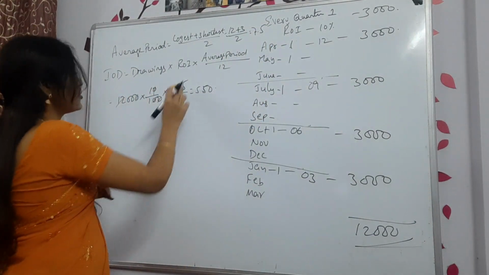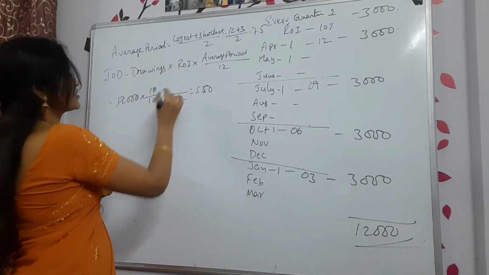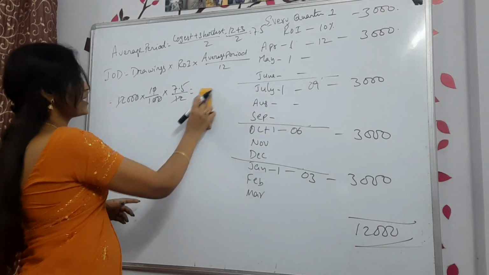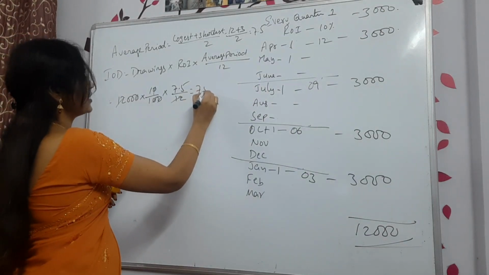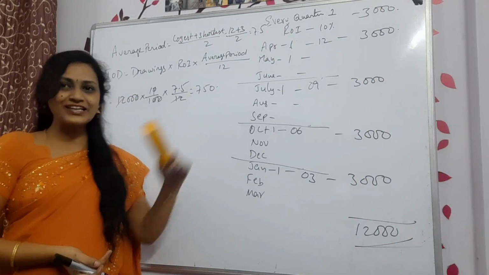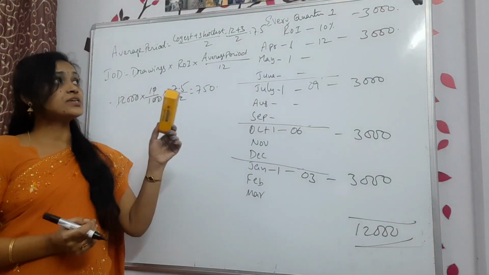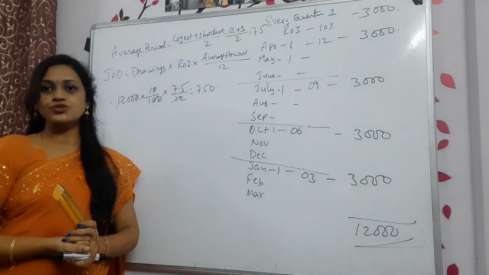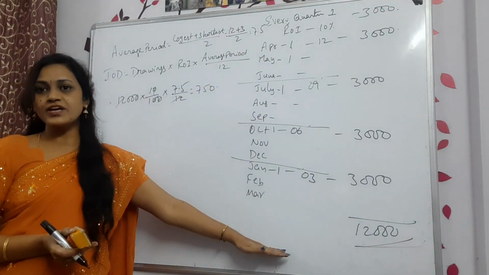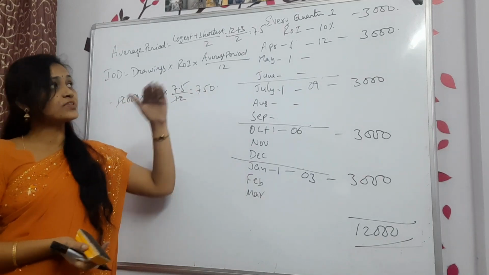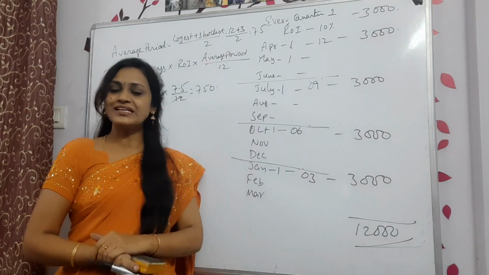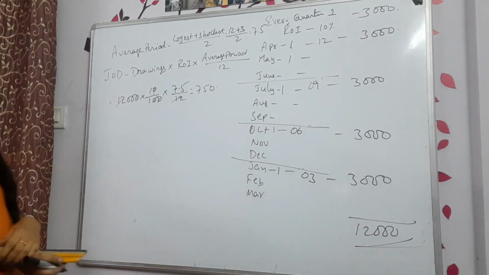So now here in the formula nothing will change, only this part will change, that is 7.5. Okay. When you calculate, how much you will get? 750 rupees. That's it. That is the only change you have. Clear? All of you check this one. In this, every quarter first we are withdrawing the money. Already I have explained you. Please copy this one. Then we'll move on with every quarter end.